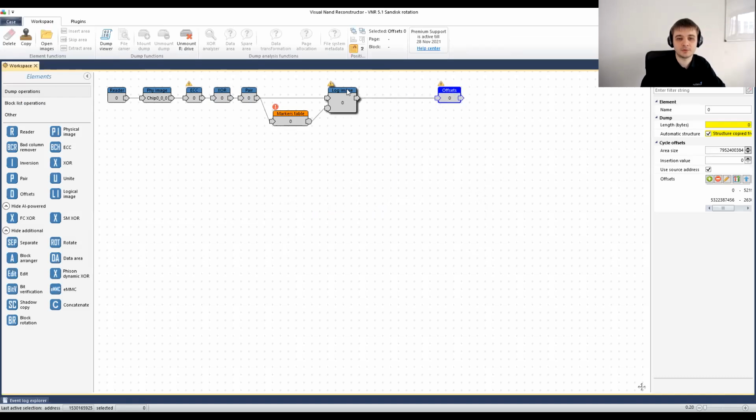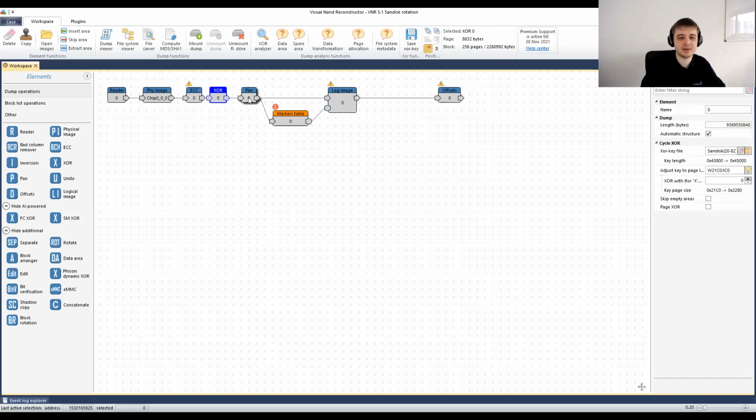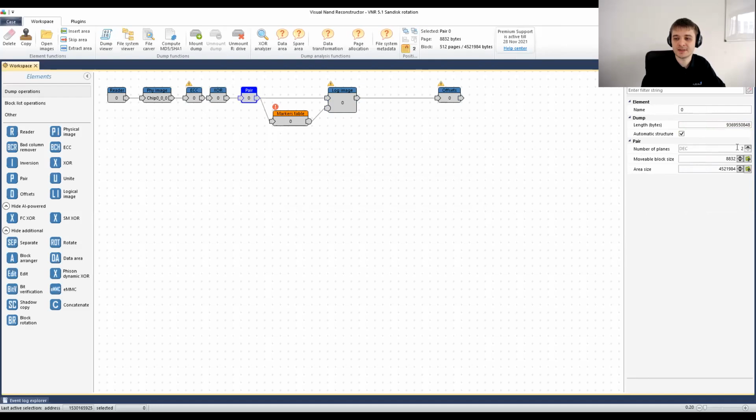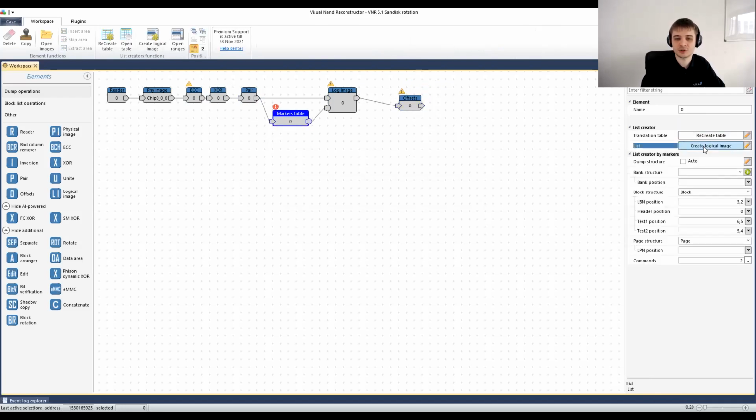Here we have the exact same case, a really simple Sandisk case: just one physical image, ECC applied, XOR key applied, and a pair element with 2 lanes. The number of lanes is 2 here. I have extracted some part of this case to speed up the process, because there are many corrupted images inside. Just for showing how it works, I think it will be enough. Let's build a logical image